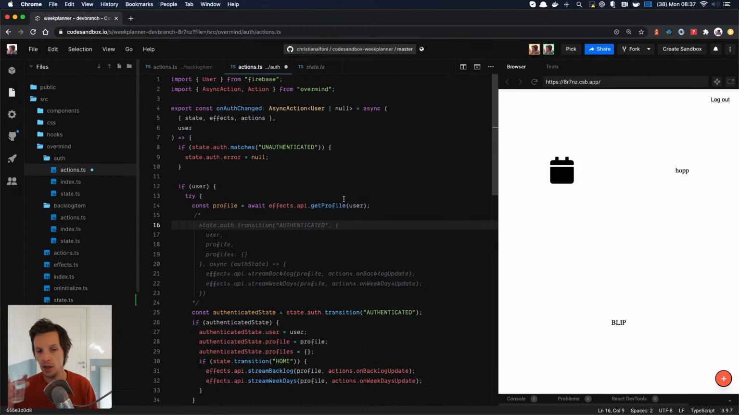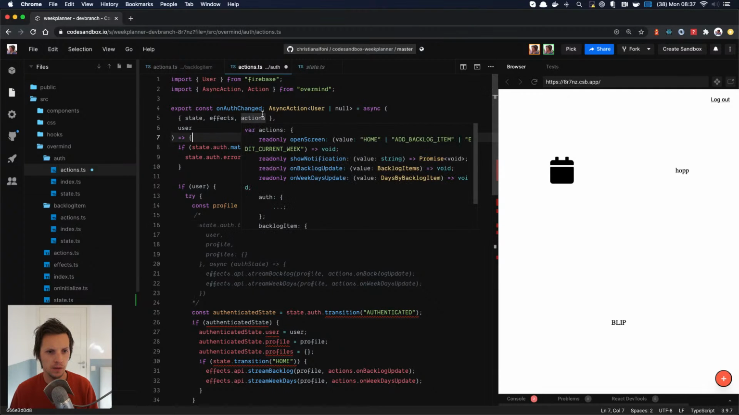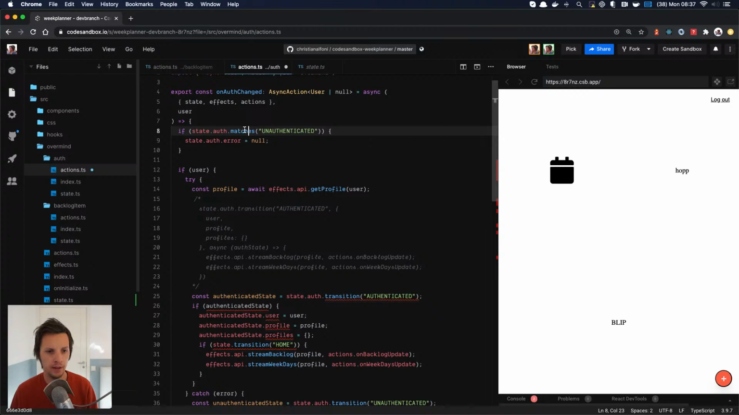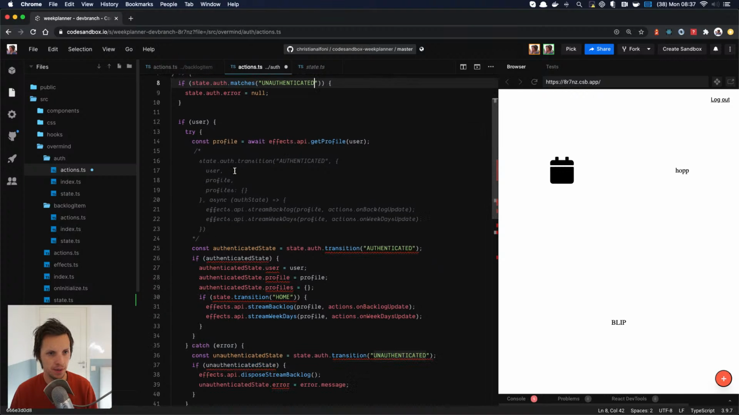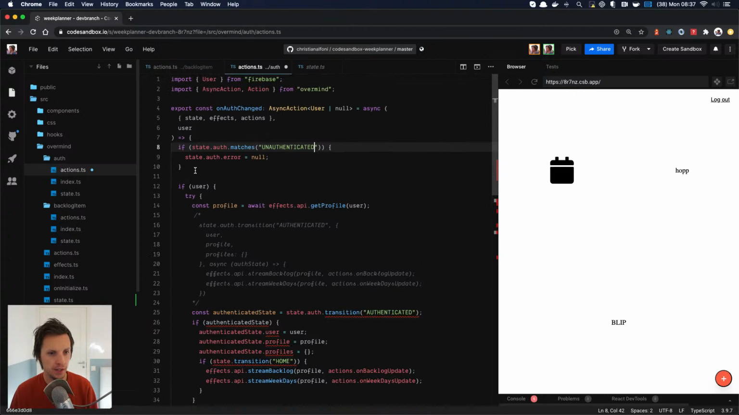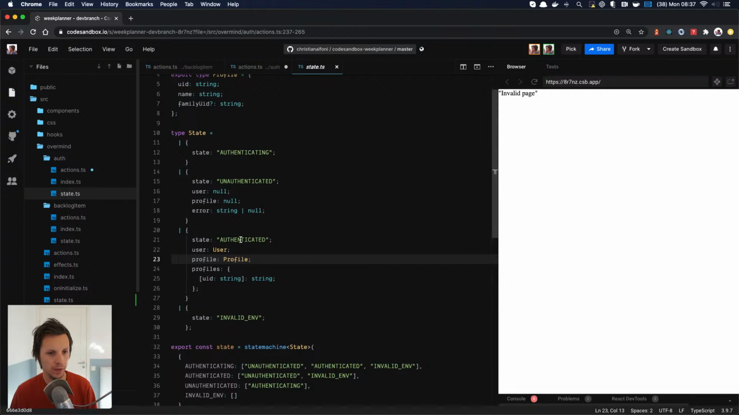So let's see how our code looks. Also, the matches API now supports multiple arguments. Okay, so we're getting some errors here, which is good. So this thing we're doing up here, on auth changed. Now we don't have to deal with this anymore because it automatically removes the error state when it moves out of,